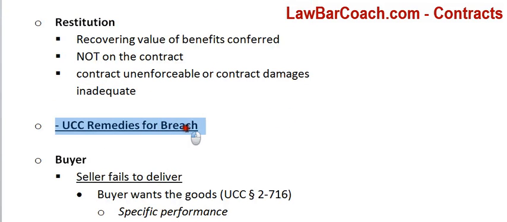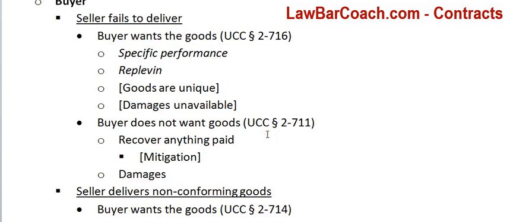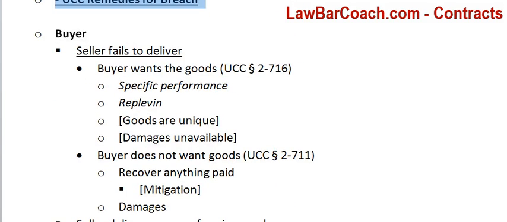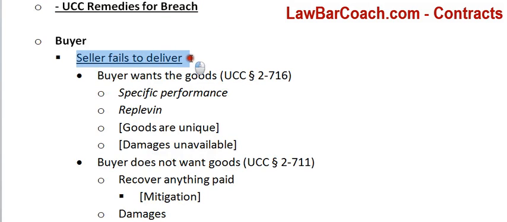So now we'll turn to UCC remedies for breach of a contract. There are a couple different scenarios for a breach under UCC. Now remember, the UCC applies for the sale of goods, a thing, not a service. That's the common law. So you can think of it as the seller has to deliver something, the buyer then takes. So the first potential problem area is when the seller fails to deliver the goods.